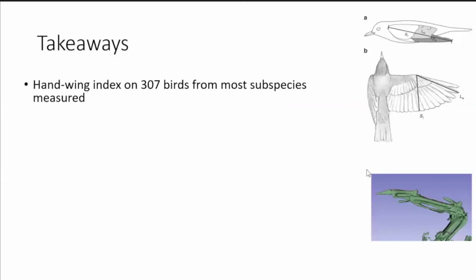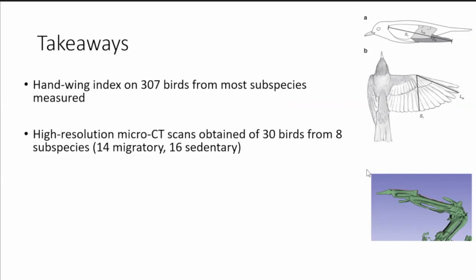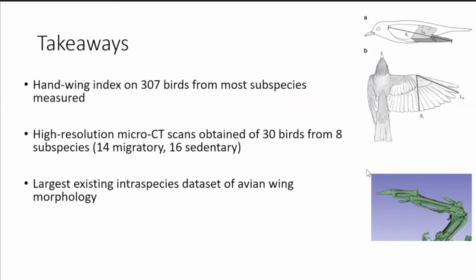So, the takeaways I'll quickly run through. We measured hand wing index on over 300 birds from most subspecies across the distribution of the song sparrow. And we obtained these high resolution CT scans from about a tenth of them. And in doing so, we built the largest existing intraspecies data set of avian wing morphology at this resolution. So from banding data, we have a lot of data on hand wing index, but this is the biggest data set of wing morphology where we're actually piecing apart the different components of the wing into individual bones and